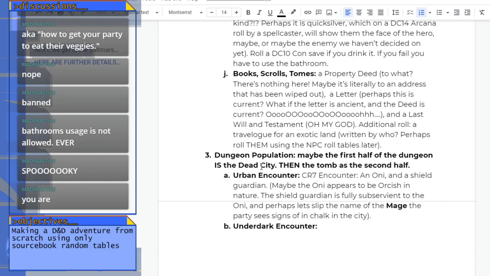A lot of people think the CR system is broken, and there are several alternatives to measuring encounter difficulty, but here we are using the core rulebooks with the core system of CR, which is short for challenge rating. So we're just finding a sufficient challenge rating. Because I did the CR7 in the first half of the dungeon, we're going to go for CR8 in the second half, which is where they get into the tomb. And the CR8 Underdark encounter is going to be